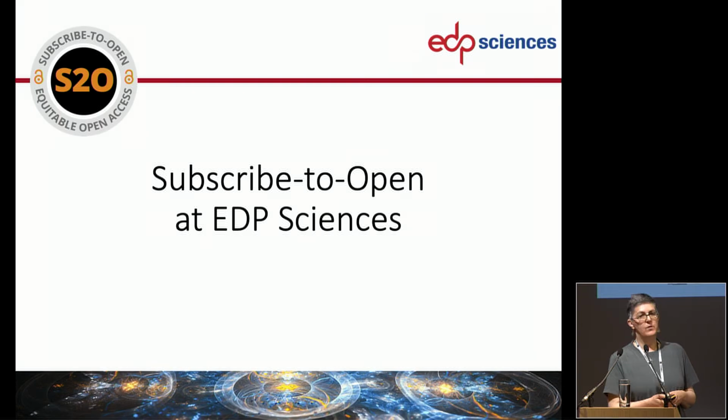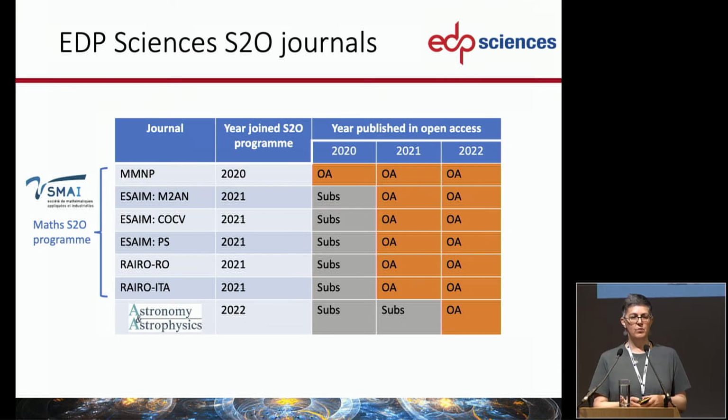Okay, so I'll talk now about subscribe to open at EDP Sciences. As of 2022, we have 7 journals that are published under the subscribe to open model. We started in 2020 with the first pilot journal, and that was at the same time that Annual Reviews published their first journal in open access under that model. That pilot project was quite successful. By the end of the year, 100% of subscribers had renewed their subscription. So we decided to flip, the next year, the whole of the maths journals that we published